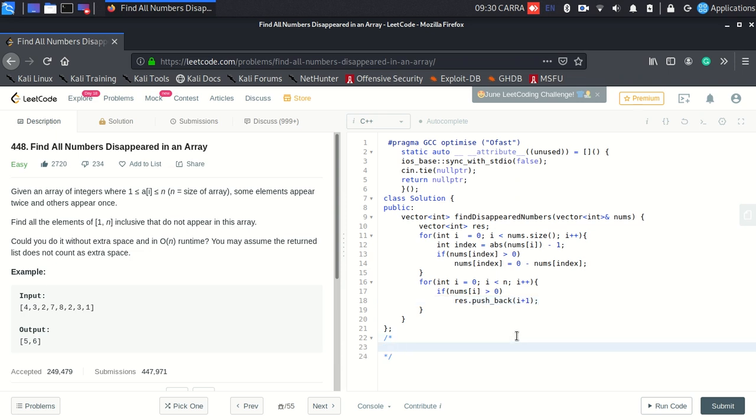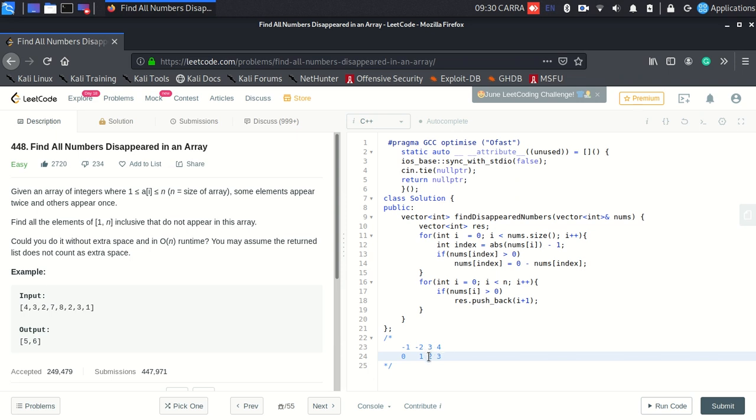Let me show you how I am telling this. If I have minus 2, and let's say 3 and 4, and I ponder upon 3, that means my third element is not present in the array. But then what is the actual index? The index is actually 2.